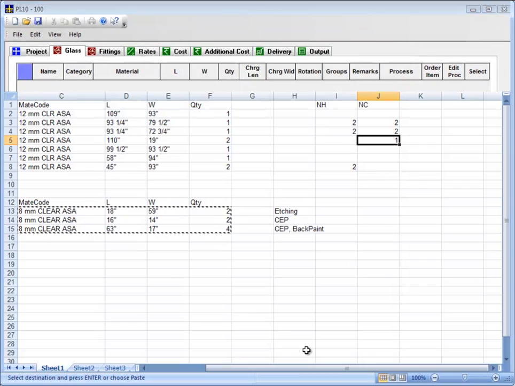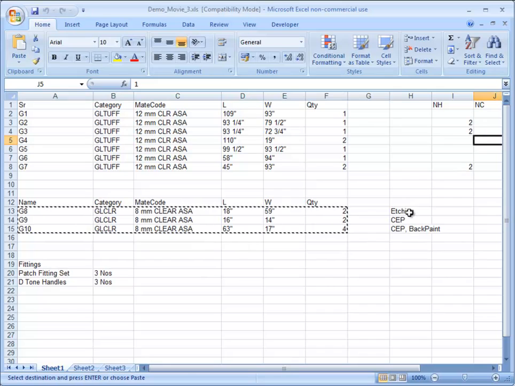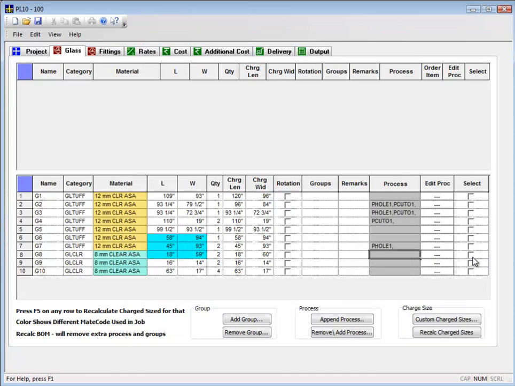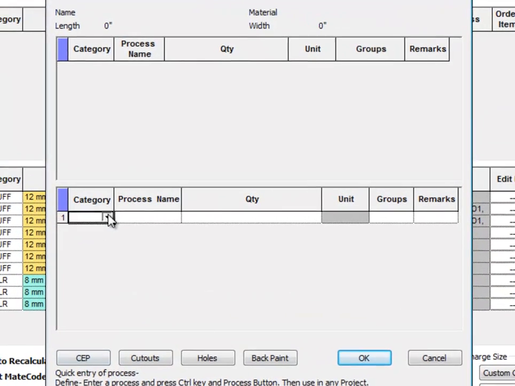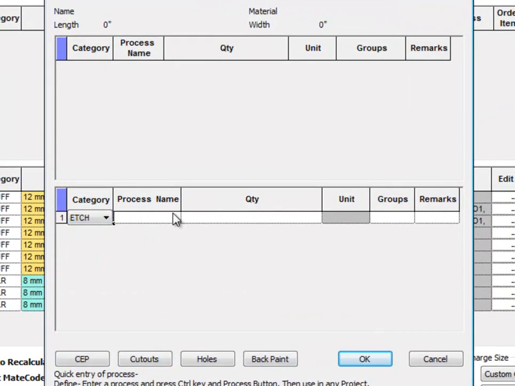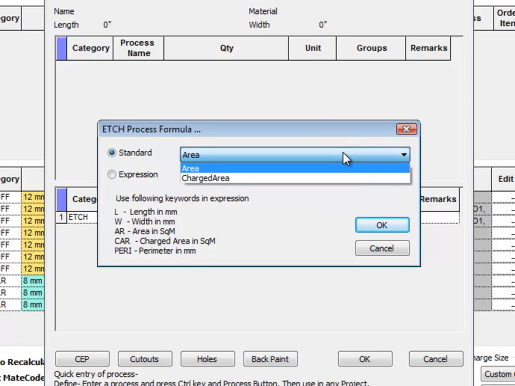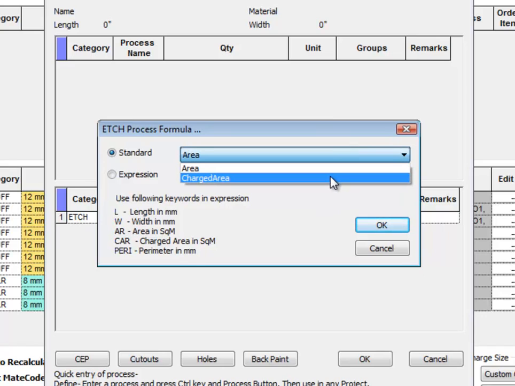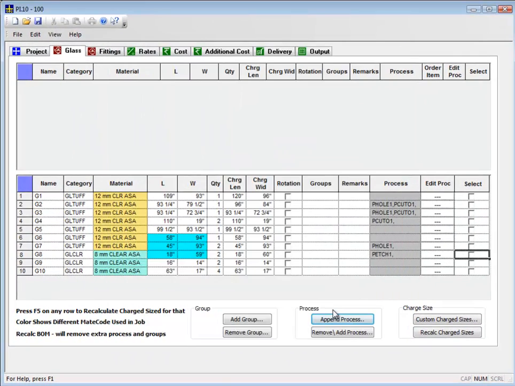OK. Similarly for clear glass there are processes: etching, CEP and back paint. So here we will add process etching. As acid etching is based on charge area, select charge area, then press OK.